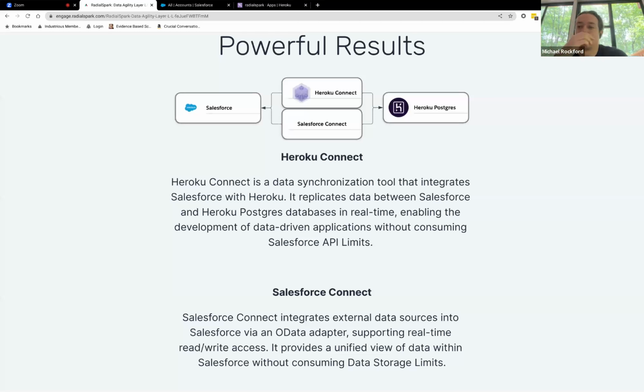Now, Salesforce Connect, even though they both say connect and they both have bidirectional arrows, is not quite the same thing as Heroku Connect. Salesforce Connect doesn't work on a per row basis. It doesn't care how many rows you're doing. It is per database connection. So it takes one Salesforce org and connects it to one Heroku database. You could use it, it doesn't have to be Heroku. It could be any data source that supports OData 4.0 standards. So it uses an OData